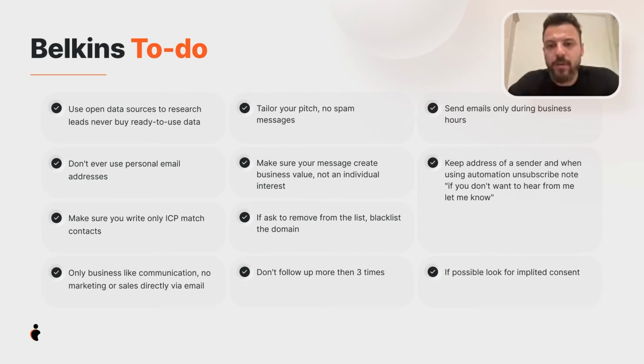If possible, look for implied consent. So this goes back to all my previous points with regards to creating a very creative campaign, making sure that you have some connections with that prospect, either marketing-wise or business-wise, or any prior relationships or a common network or social, etc. This point is interesting because it shows that in 2022 you cannot be just one channel.